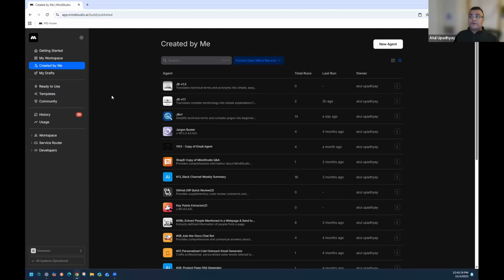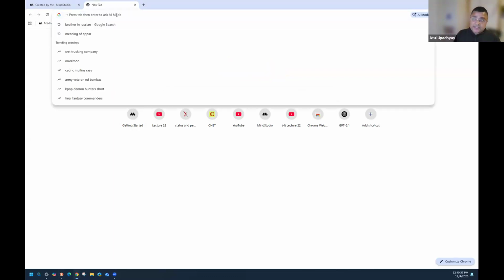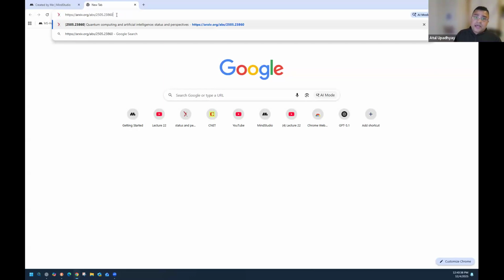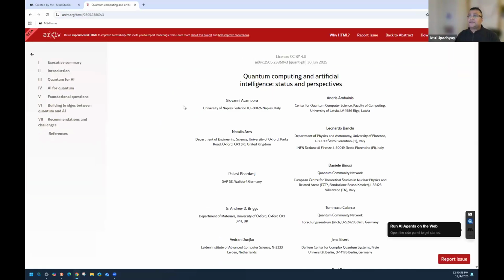Now I want to go and run it. So I'm going to launch another tab here, in the Chrome browser. I'm going to take some digital resources that could be heavy on technical aspects. In this example, I want to show you something about quantum computing and AI. It's something I'm trying to learn and educate myself on. I'm not even at the infancy stage right now, but it's something I like. So here's an HTML page about quantum computing and AI, and what that future looks like.